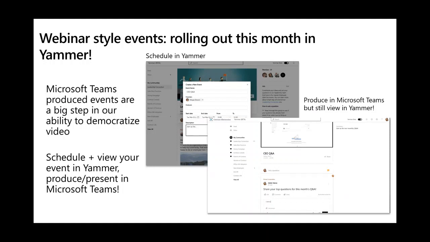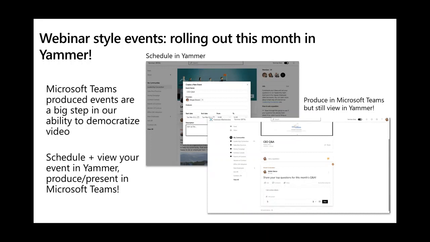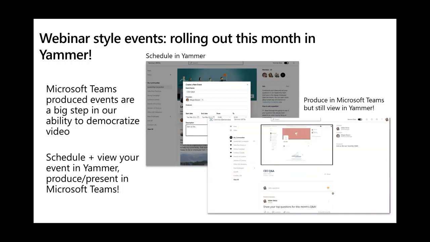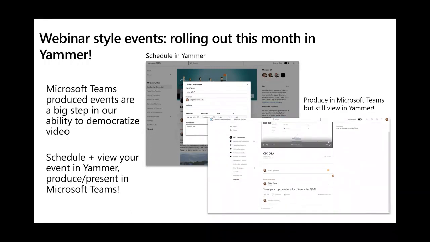Now you'll be able to use Microsoft Teams the way you were before. You can schedule and produce a live event using Microsoft Teams from Yammer. However, they'll be viewable in Yammer for all of your attendees. So it brings the ability to view an event using your laptop all in one place. Next slide.